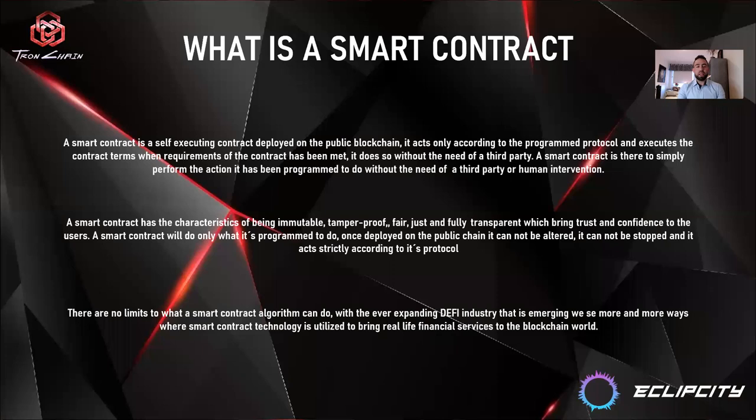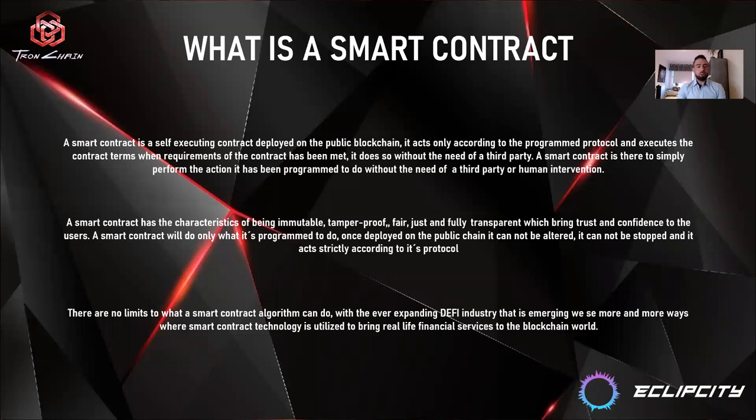This also means that a smart contract has the characteristics of being immutable, tamper-proof, fair, just, and fully transparent, which brings trust and confidence to the users. A smart contract will do only what it's programmed to do. Once deployed on the public chain, it cannot be altered, it cannot be stopped, and it acts strictly according to its protocol.